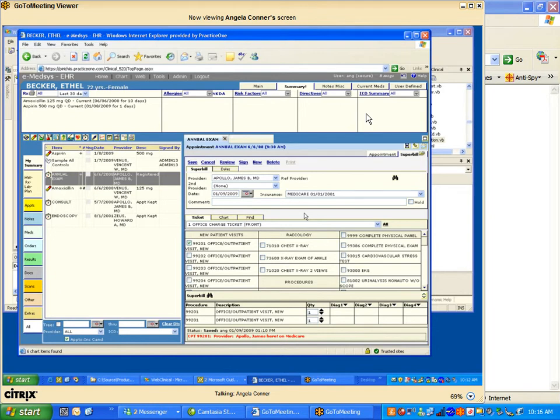We are also going to be adding a new report that will be available in your tools menu that will be an audit report for you so that you can go and look at all qualifying visits you had to double check you didn't miss any that should have been on the super bill, or for